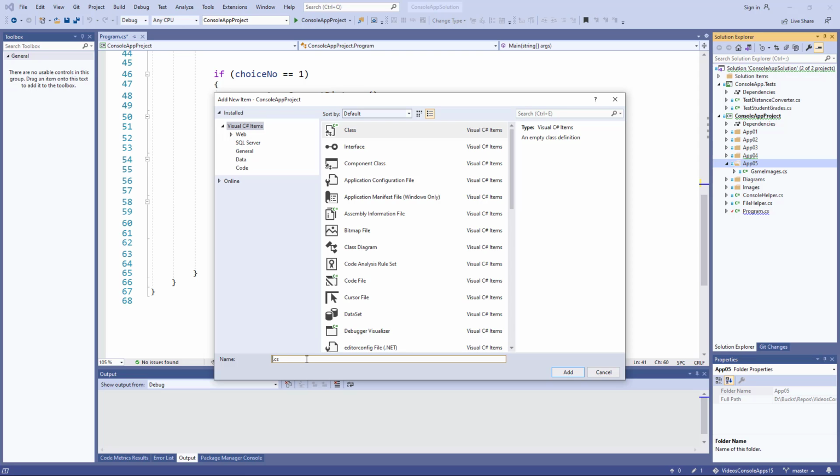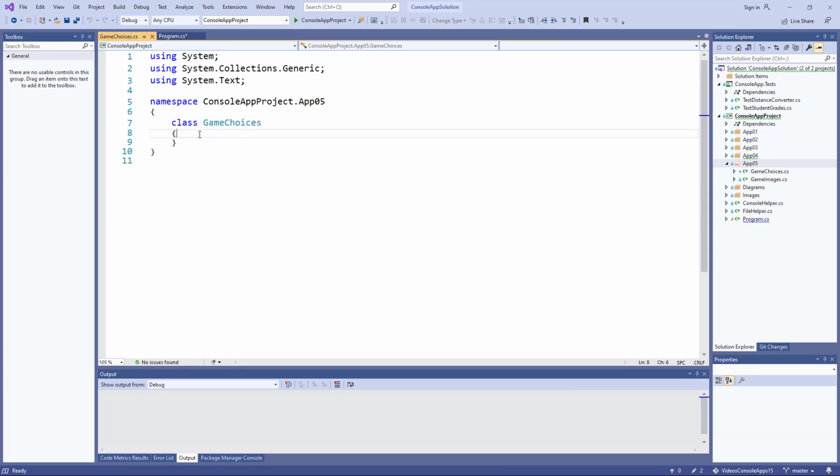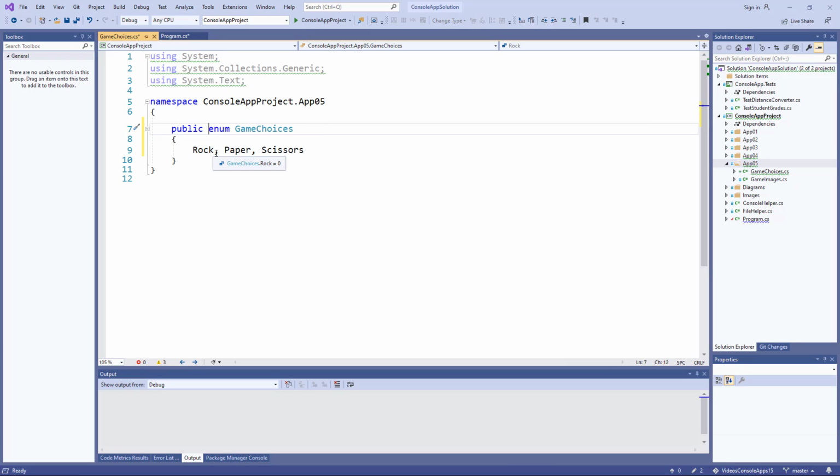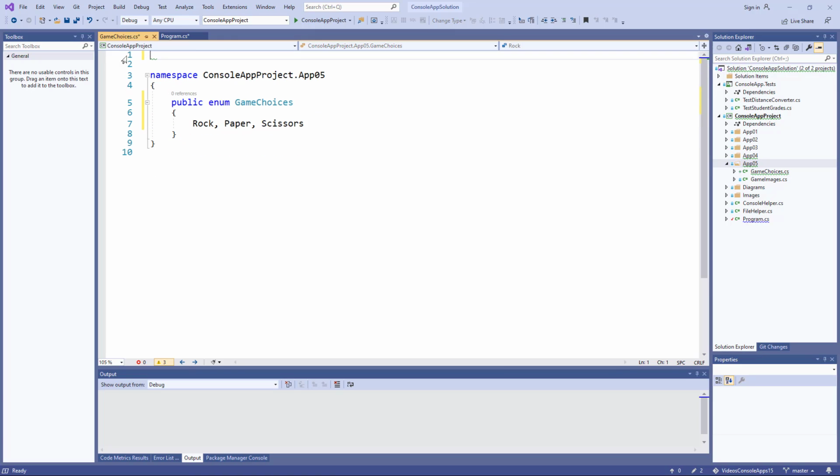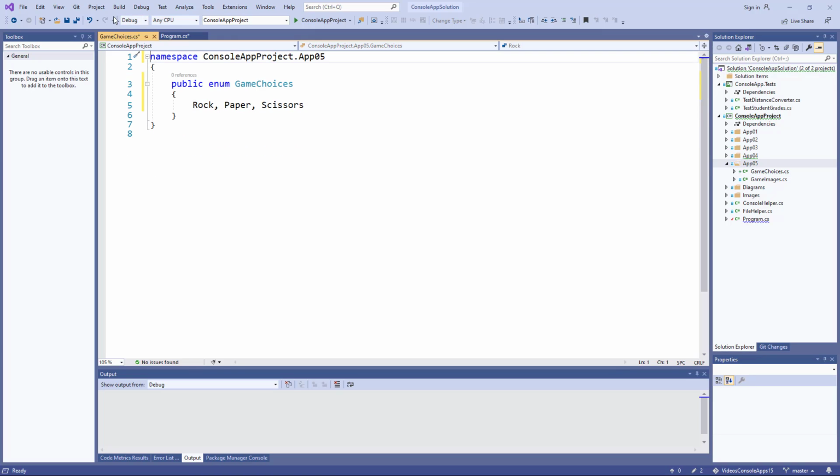This is going to be game choices. It is an enumeration. Okay, so it's nice and simple: rock, paper and scissors. We don't need any usings. And we'll save that. Now let's add